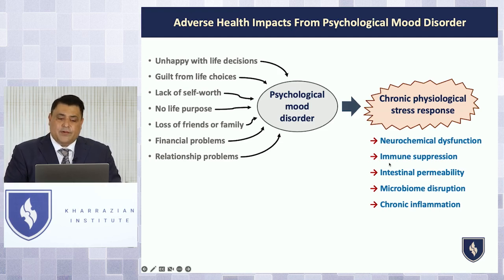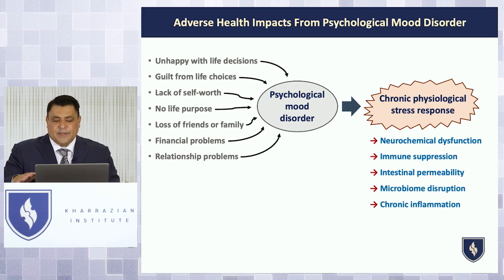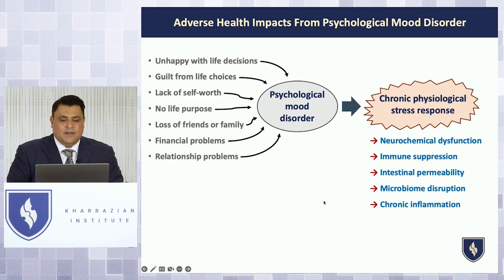In those scenarios, maybe you're like, okay, until you get out of your unhealthy psychological environment, we're going to support your physiology, but we won't expect any big change until you can take this stressor that's impacting your physiology out of the picture. So that's a key thing. Things like microbiome disruption, you'll never see the GI panel change. They'll never clear a dysbiosis when they have a chronic physiological stress response. Or their immune system may just never be able to strengthen and deal with a chronic virus because the psychological demands and stressors put on them are way too great.